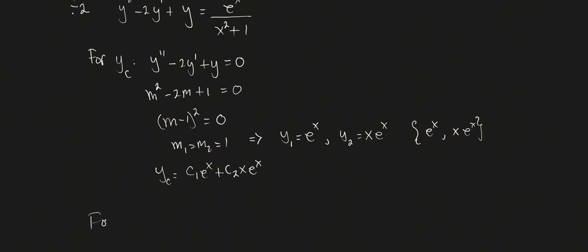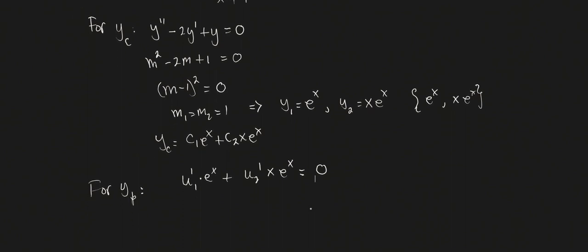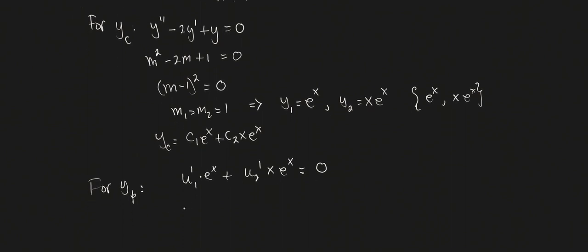Now, for y sub p, again, you don't have to write it down, but I like to show where these things are coming from. I'm going to write down the system that allows us to solve for u1 prime and u2 prime. So it's u1 prime times y1 plus u2 prime times y2, and that's equal to 0, right? And then the second equation is